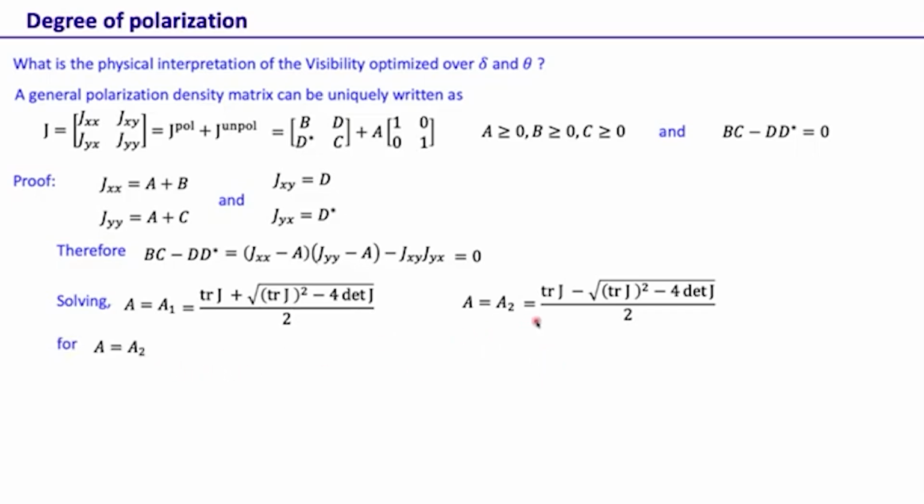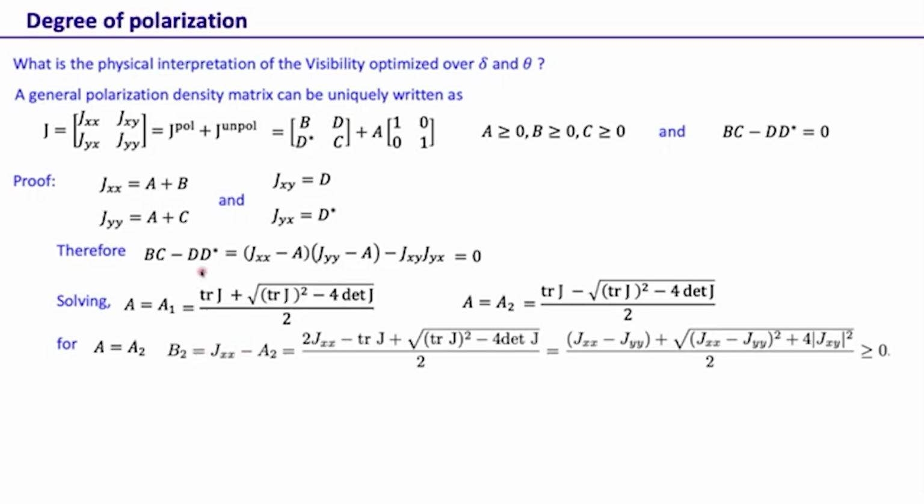Now this decomposition involves A, B, C and D, and we have found here that this A satisfies a quadratic equation, hence it has two solutions. If we take just one solution, the second one, then the B corresponding to that solution, which we are calling B2, will take this form. This can be easily derived, and the point is that this is greater than or equal to 0. Now for this A2, this is the B2, and we can also show that the corresponding C2 is also greater than 0. But if we take the first solution, A equal to A1, this one, in that case we